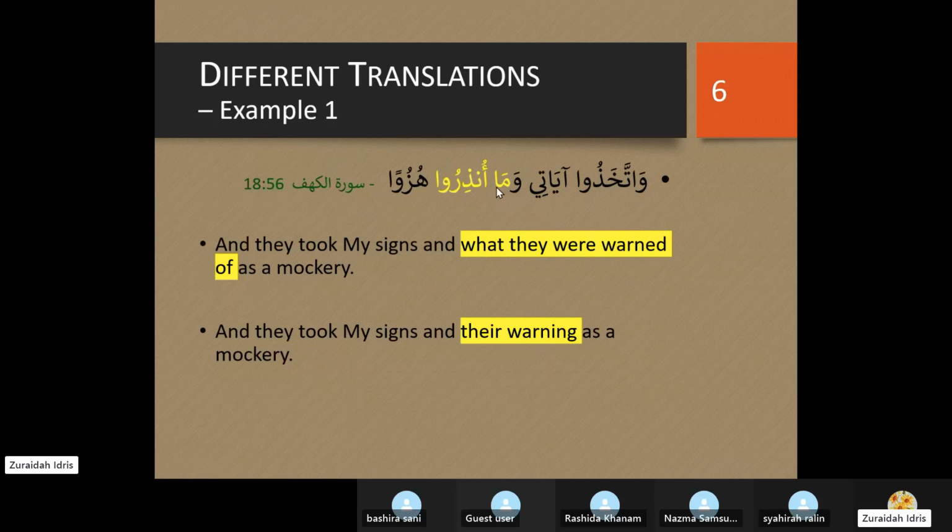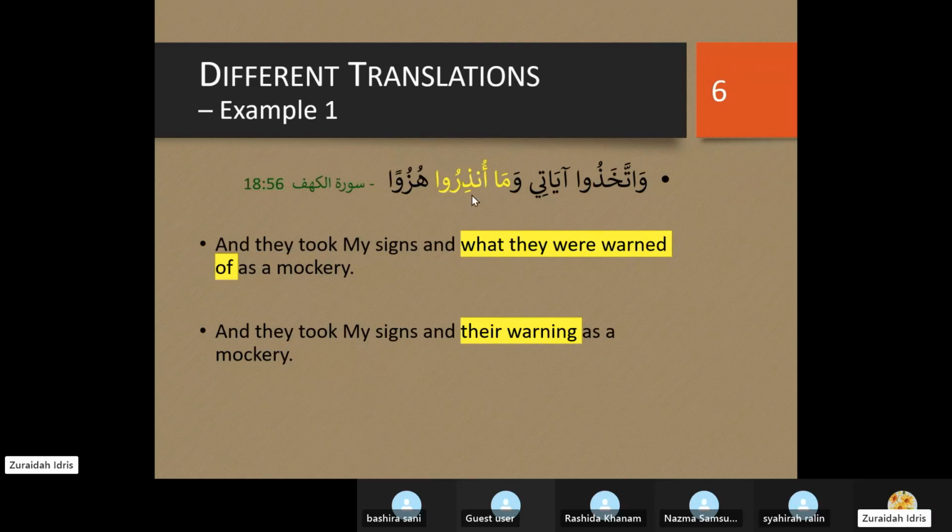When it's a masdari, what it does is the combination of itself, that means ma plus the unziru, which is your fi'il, becomes a masdar. You can replace this combination with the masdar of this fi'il. So unziru